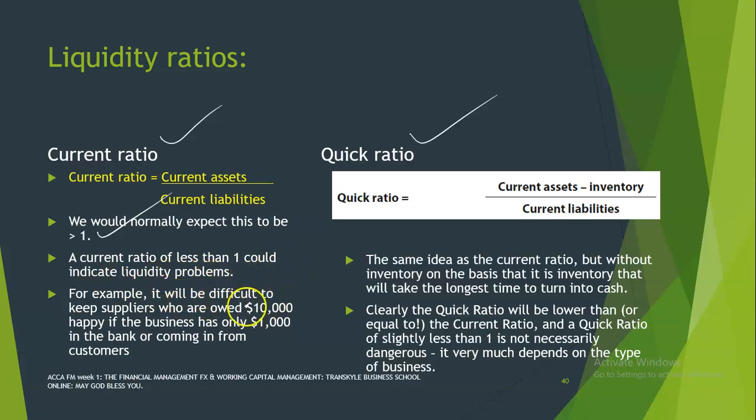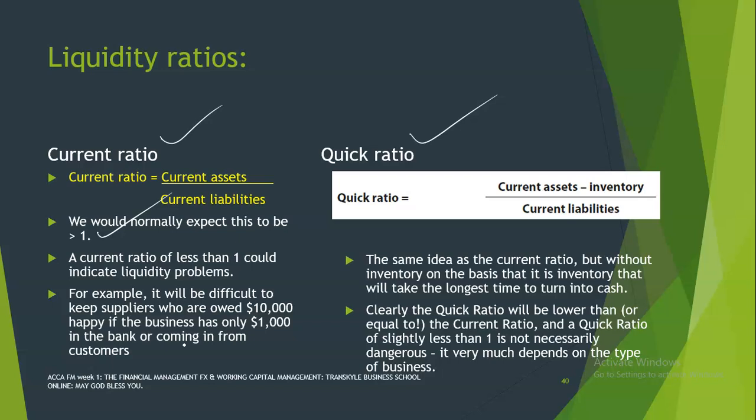For example, it would be difficult to keep suppliers who are owed $10,000 happy if the business only has $1,000 in the bank or coming in from customers. So if we are expecting only $1,000 in the next month, when we have a current liability due next month of $10,000, we should be worried because we are going to fail to